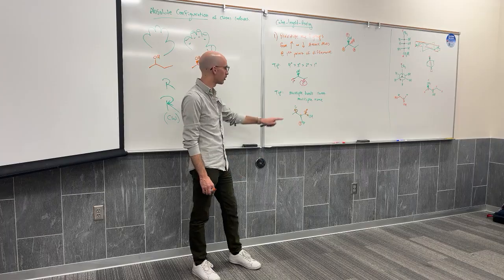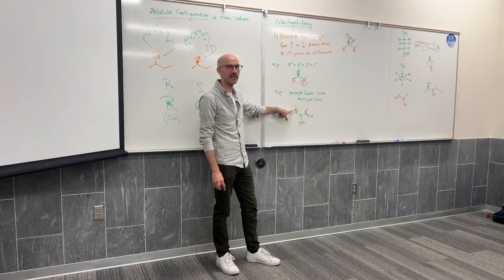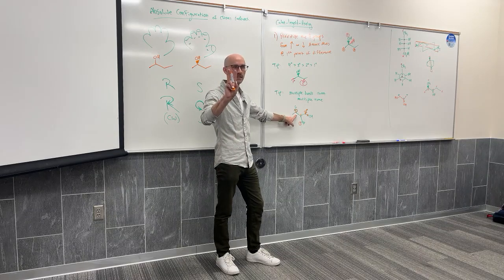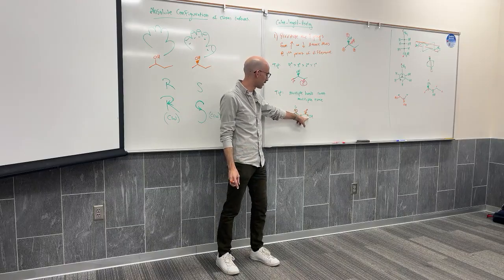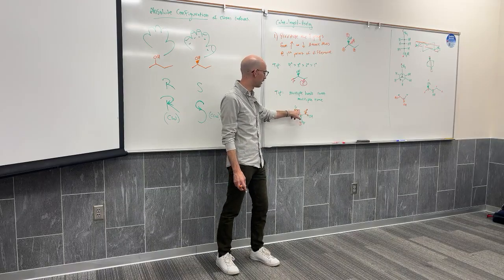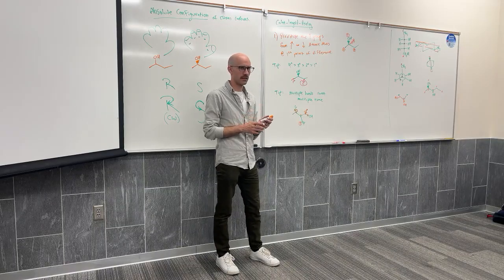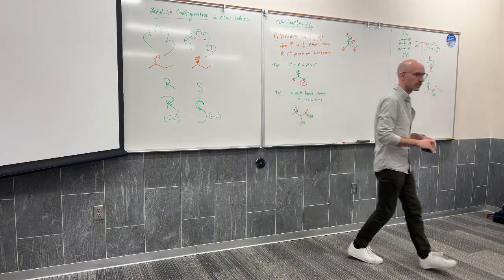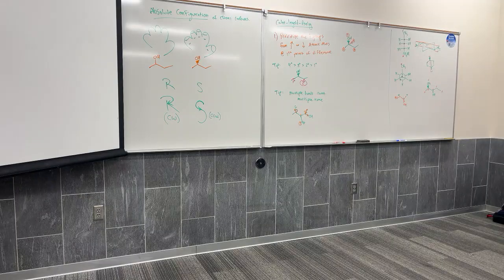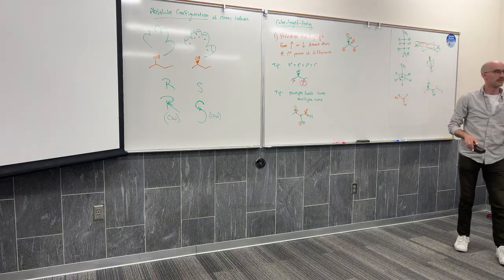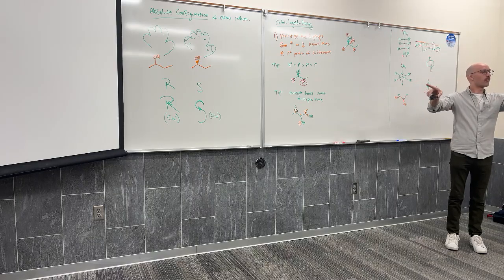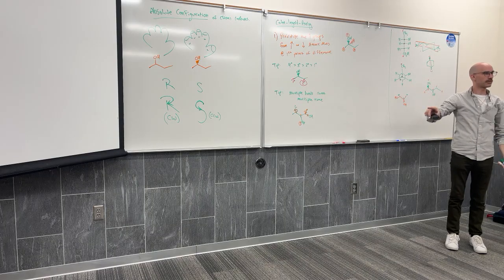Multiple bonds count multiple times. I was able to count this carbon's bond to oxygen twice because it is 2 bonds. And it canceled with this bond to oxygen once, but then I got to use it again. All right, you guys okay with that idea? It really just comes down to situation. But when you run into the same atom in 2 directions, but one of them has multiple bonds, you get to count it multiple times.